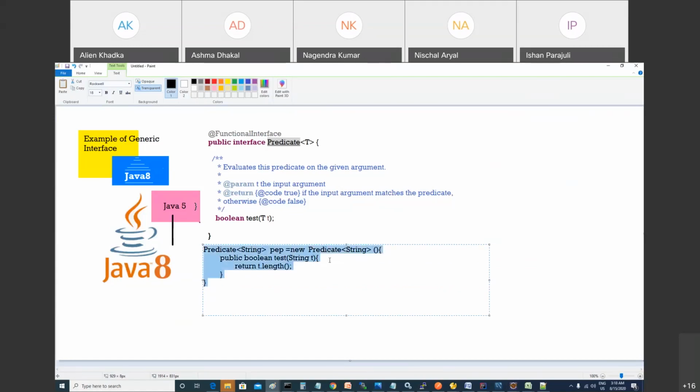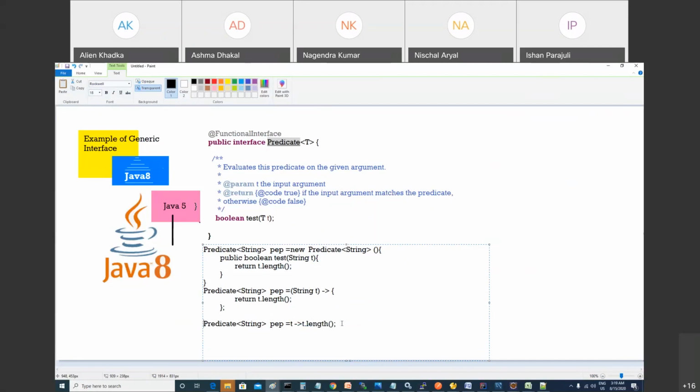Now I can write the lambda of it. It's not a big deal. You know it, right? One input and returning integer. Same thing you can make compact. How? If you want to make it compact, you can write in one line. We don't need the curly braces, just t dot length. And you can delete this also, right? It is optional. For what? Parentheses, for the parameter. Simple.